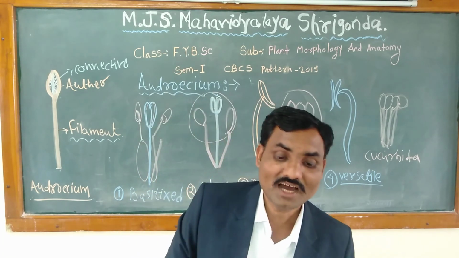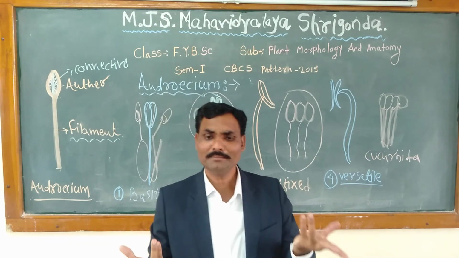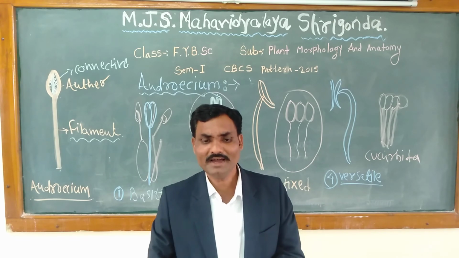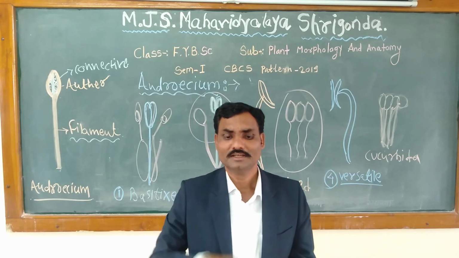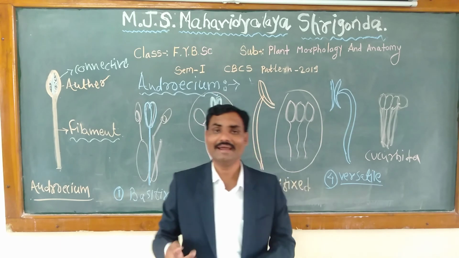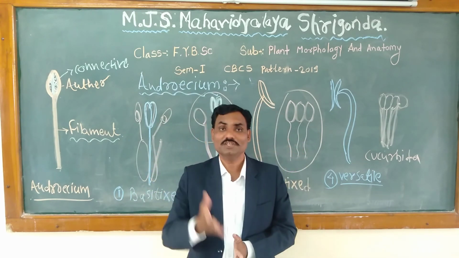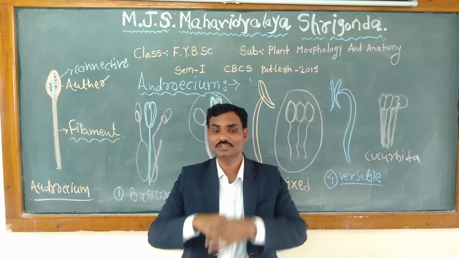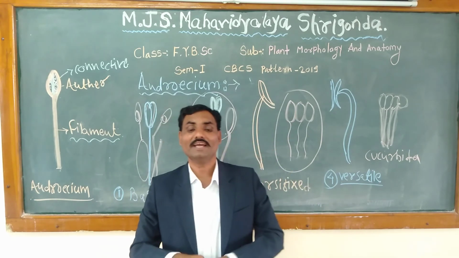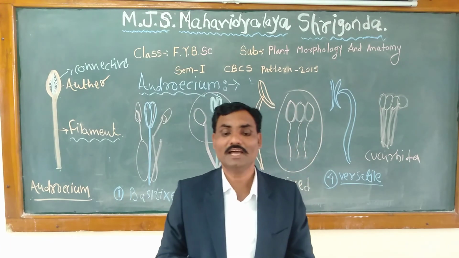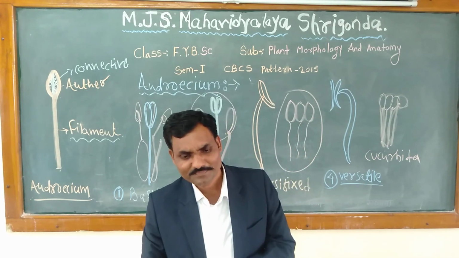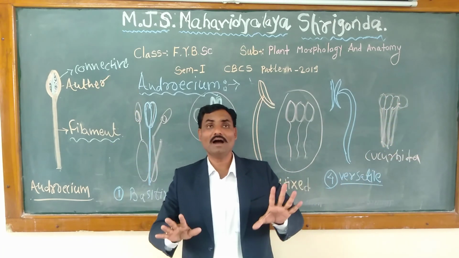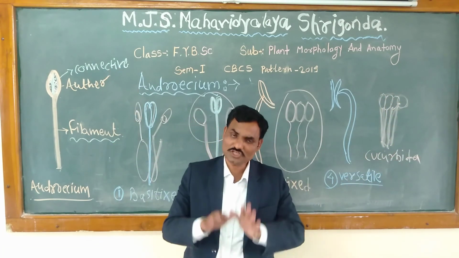Then gynandrous condition, stamens united with the gynoecium. This is found in Calotropis. What is gynostemium? Stamens unite with the style and stigma of the flower. That is found in Vanda. It is an epiphytic orchid. त्या ऑर्किडमध्ये आपल्याला अशा पद्धतीची कंडिशन आढळते. आणि लास्ट आहे gynostegium. Gynostegium is found in Calotropis. All anthers of the stamens are united with the stigma, but style remains free. तिथं स्टाईल फ्री असतात